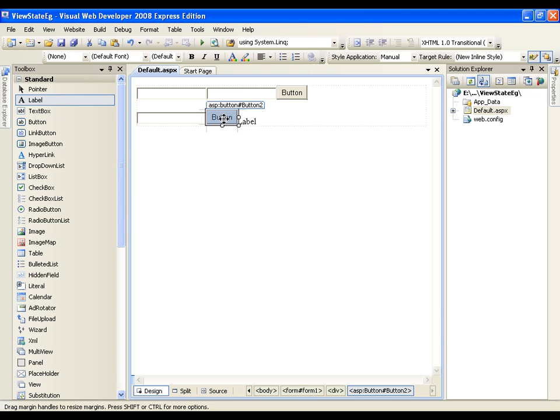Which means I want to carry a value from one postback to another postback on the same page. We have n number of scenarios in our real-time projects where we need to carry a value from one postback to another postback on the same page. How do I do that? Now say I'll double click on this button